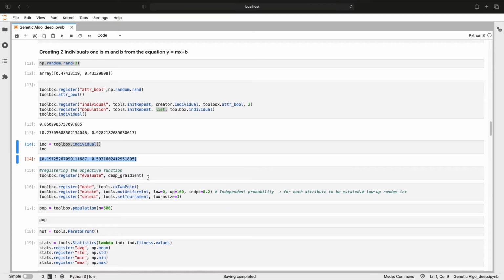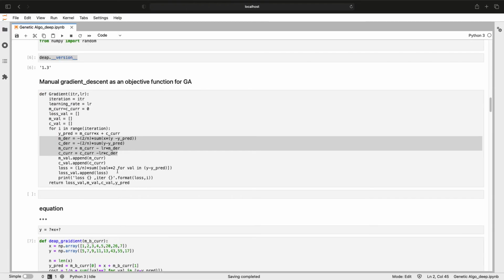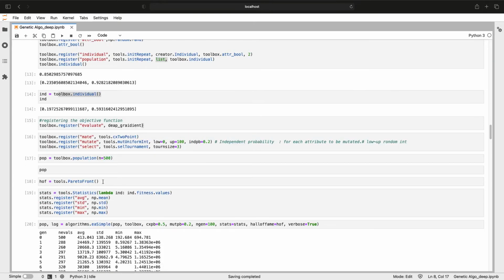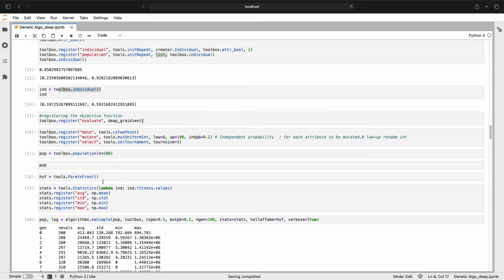Okay, so now the evaluation function. As I mentioned, the deep gradient function we have written here is going to be our evaluate function. By using deep gradient, we are going to evaluate how our weights are. Once we generate the population, we'll be using the evaluate function, which is an alias of deep gradient, to evaluate our population.